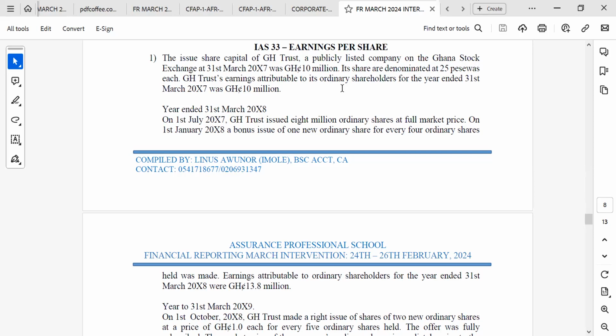Earnings attributable to ordinary shareholders for the year ended 31st March 20x8 were 13.8 million cedis. Year to 31st March 20x9. On 1st October 20x8, GH Trust made a rights issue of 2 new ordinary shares at a price of 1 cedis each for every 5 ordinary shares held. The offer was fully